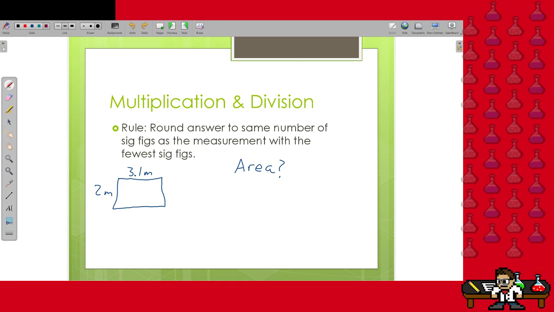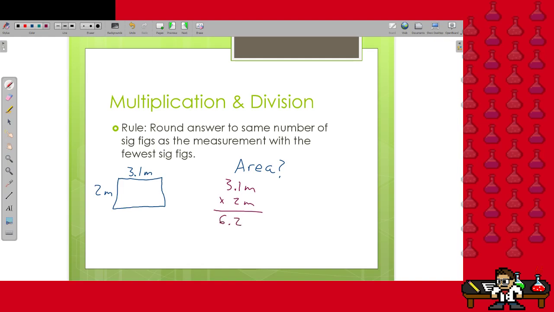Now, this seems kind of arbitrary and you may not understand what's happening with it just yet. We're going to revisit it and unpack it in just a little bit, and I want you to keep it in the back of your mind as we take a look at this first question. If I had a rectangle, either a carpet square or a box, something to that effect, with one side that's about 2 meters and another side that's about 3.1 meters, what would be the area of this box? If this was math class, you would just do 3.1 meters times 2 meters,